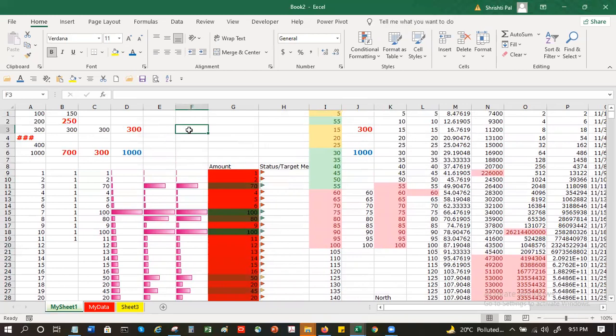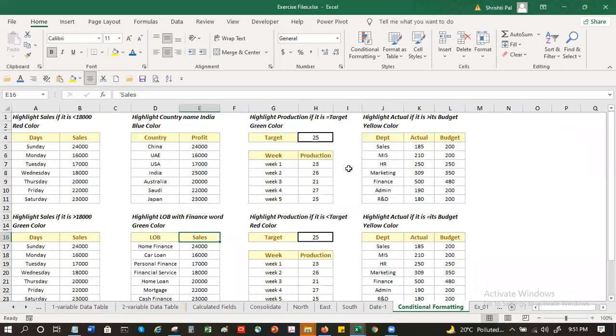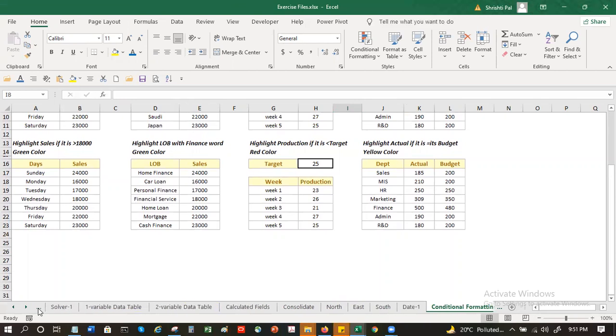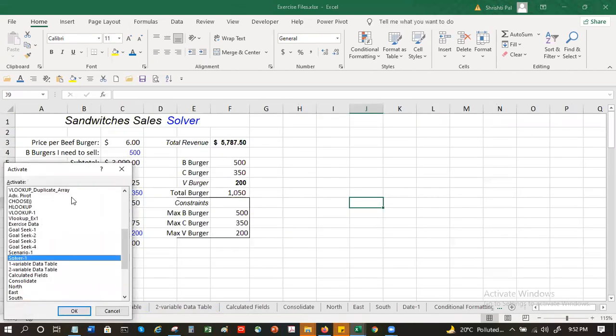Any questions? No, sir. I will send you this exercise file so that you all can practice this. There are a lot of exercises here, so there's no dearth of exercises. Start with the first one, and then right from the beginning, you can start with the cell referencing,